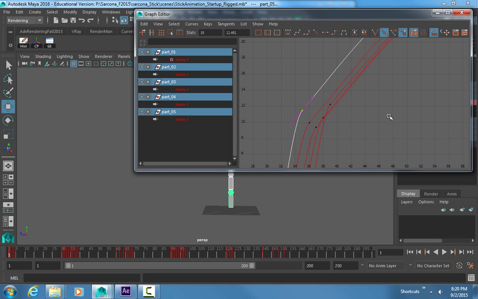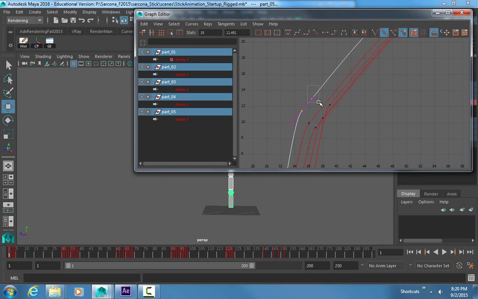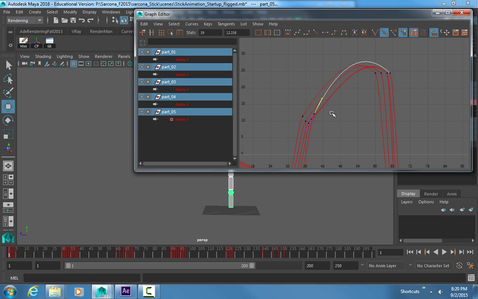Okay. So again, don't be afraid to just go in there and start playing with them. Even the tangents, you can grab some of the tangents and just tweak those too. And again, it's nothing huge. It's all little things that will just add up to giving them all their own